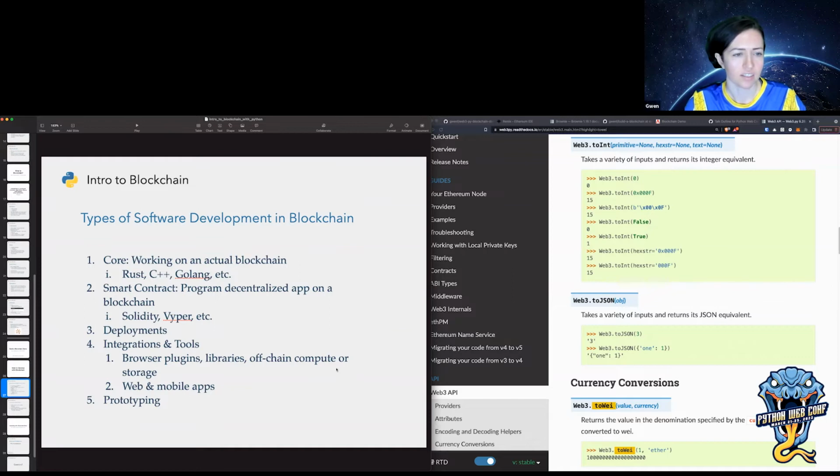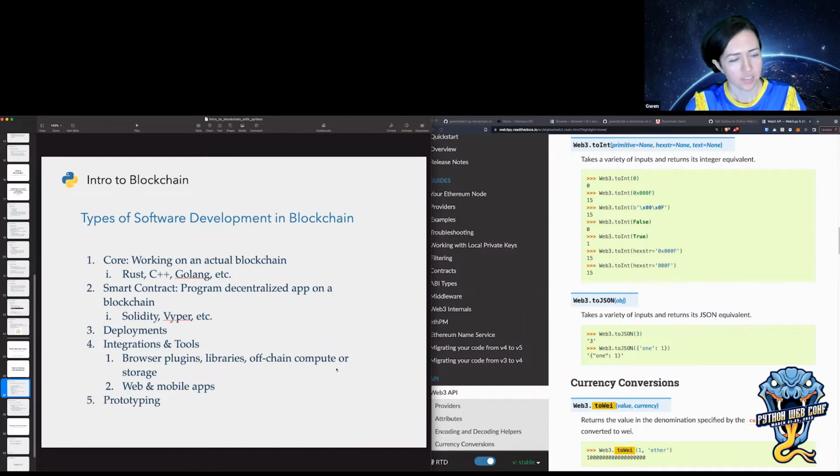So for the different types of work, I broke these into 5 sections. You have people who work on the core of the blockchain, which I haven't done, but they'll work in C++ or Rust or Golang, and they'll work on the actual implementation of the blockchain protocol and the nodes, and also the node client software and stuff like that.